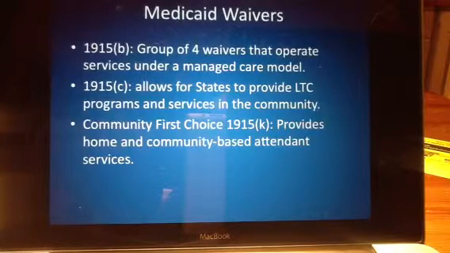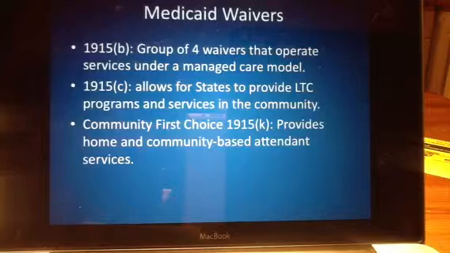The 1915B waiver is composed of 4 different types of waivers that allow states to operate services such as managed care models under Medicaid. The 1915C Home and Community-Based Waiver allows states to provide long-term care programs and services in the community setting. These programs can include standard medical and non-medical services, such as case management, home health aides, and